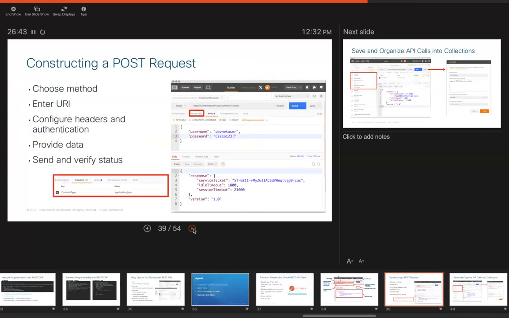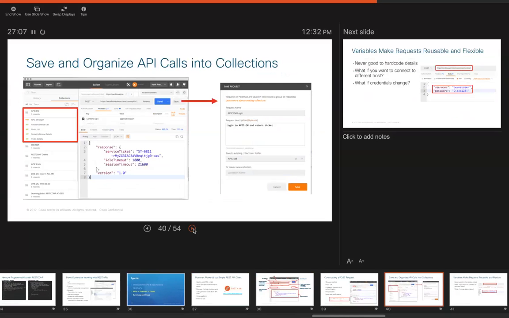We do the same thing with a post. In this case, we're sending information up, a username and password, to the APIC-EM software-defined controller from Cisco. It is deprecated, but it's still up in the sandbox, so you can still play with the APIs there. We're sending that up to get back, as you see below there, a service ticket. As we look at those different pieces, I'll go through again, and we'll look at some quick ways we can help with some of those tokens and those service tickets as we go back and forth.